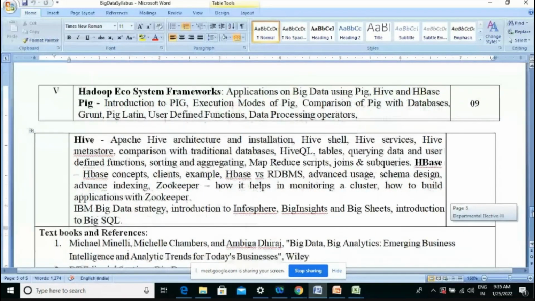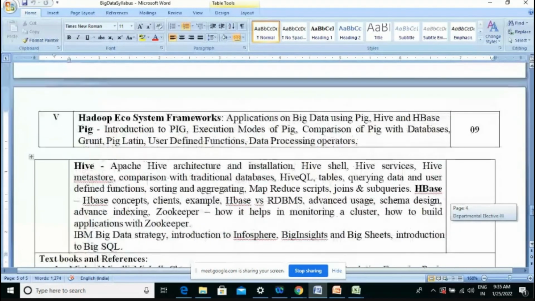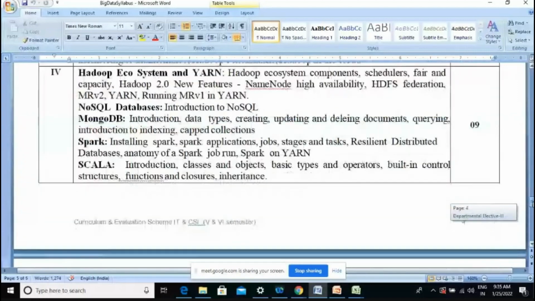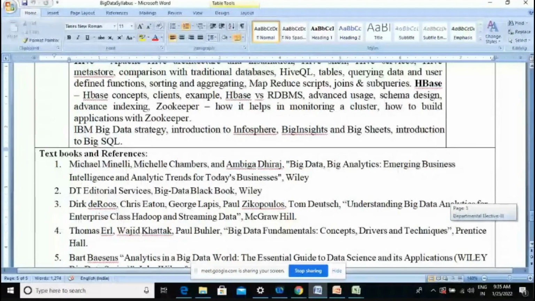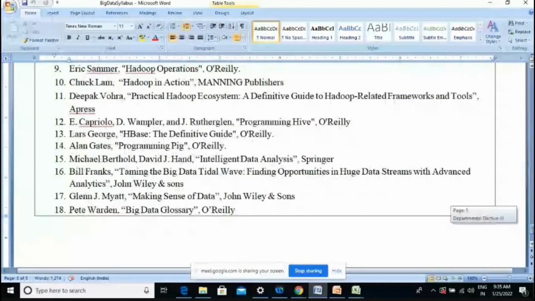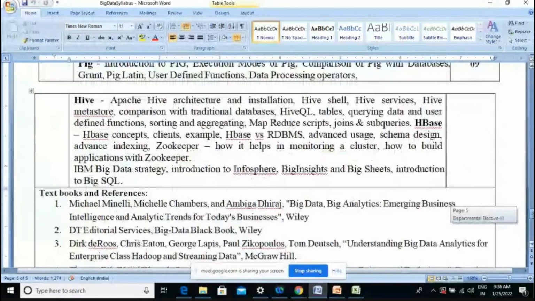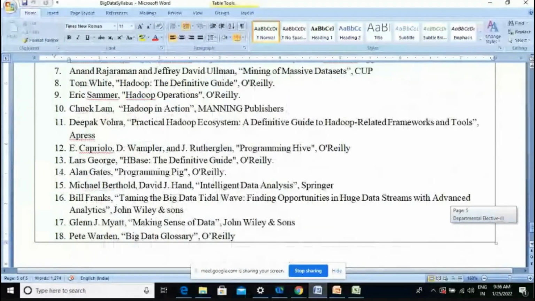This is a big syllabus, so we are going to cover it one by one. Let's start with your introduction part. This is what we discussed yesterday, and the book that we are going to follow is your black book. This is a well preferred book. For this syllabus, most of the topics are covered in this book. Otherwise, there are a number of different books given over here, 18 books. You can refer to all the books if possible.